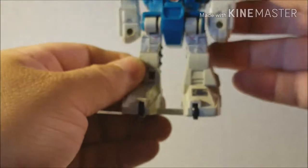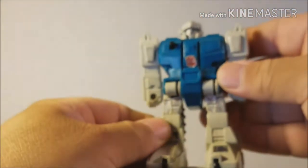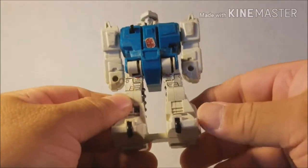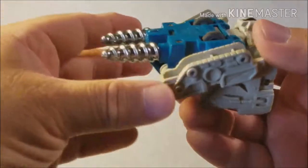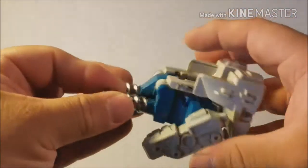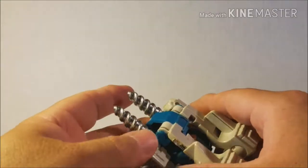So here's the last Transformer that we have. It looks pretty cool. And I remember seeing this guy, because you would have to fold them. And then there's his drill bits. And his arms are loose, of course. But these are the Transformers that you would...